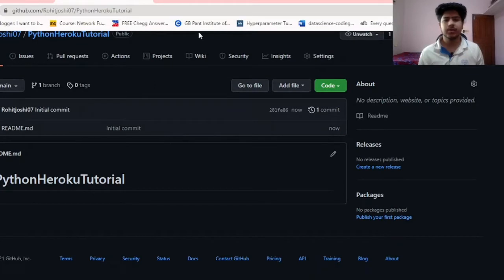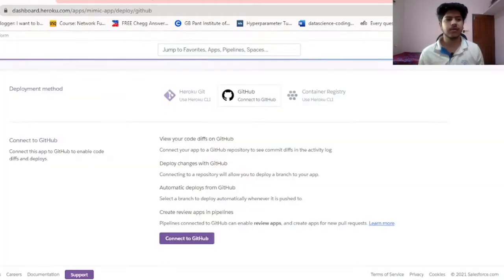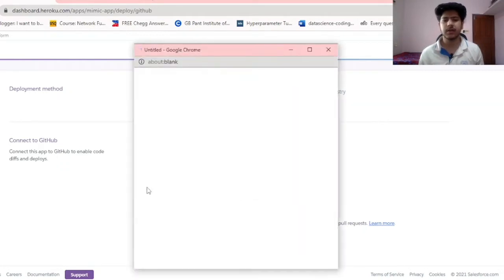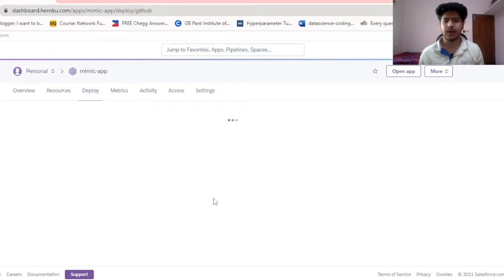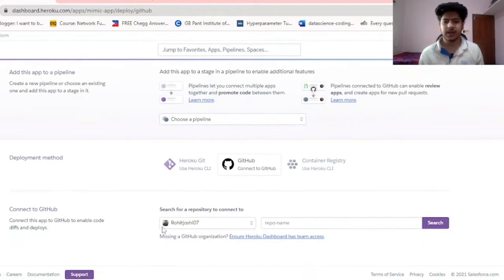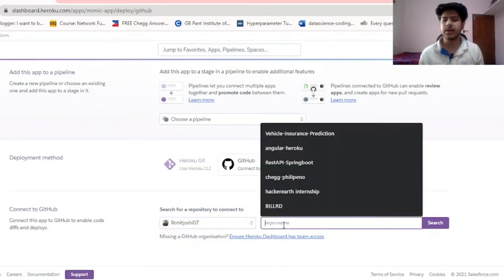Okay, so the repository is created. So I'm going back to my Heroku account. Here it says connect to GitHub. When I click on this option, it will ask me for my GitHub credentials. I have already attached it, so it just fetched my GitHub credentials, and here you can select